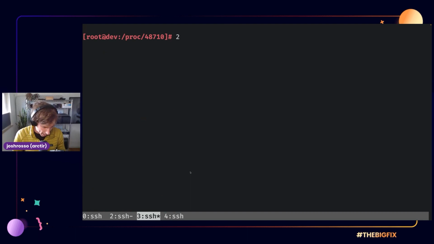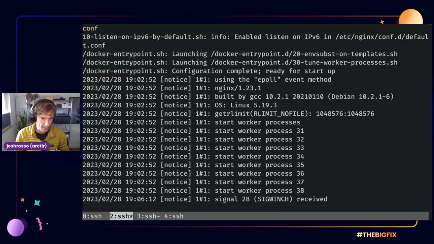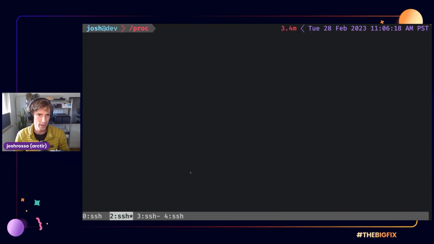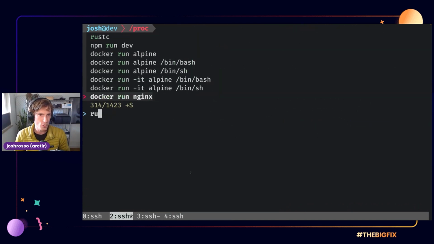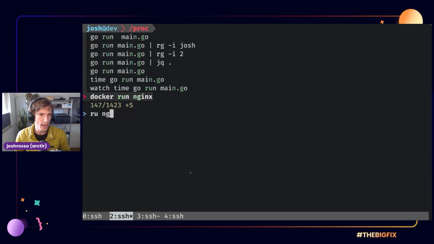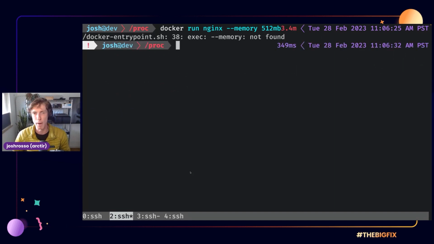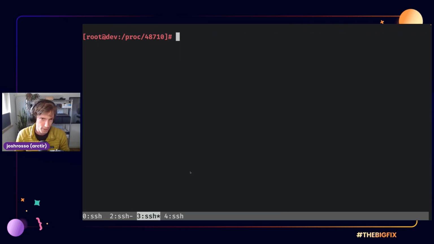This is something that I love to use a lot when stuff gets real weird. Let's go ahead and run Nginx. Okay, docker run nginx. And then let's see if I remember this command actually. Is it memory 512 megabytes? I can't remember the flag. Okay, anyways, let's just pretend I put the memory in there for whatever Docker's command is. What we can essentially do is we can say